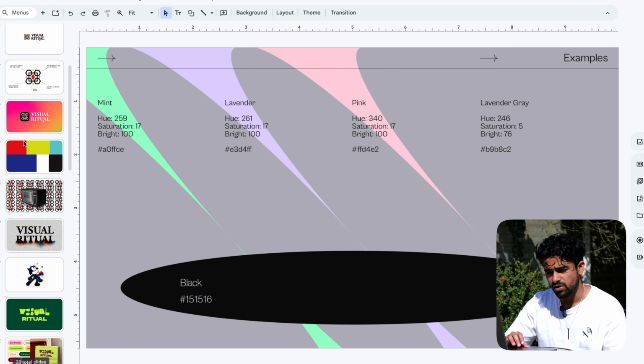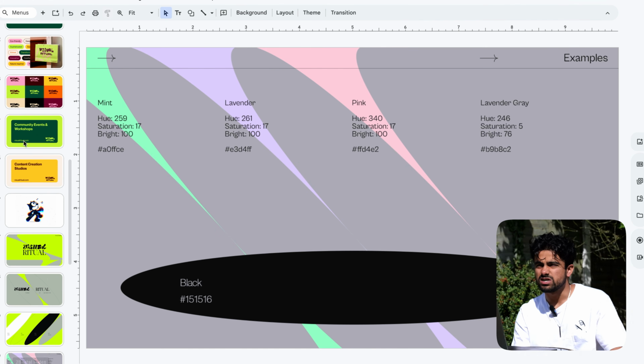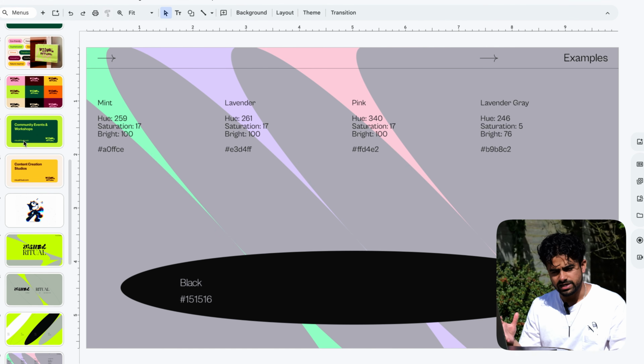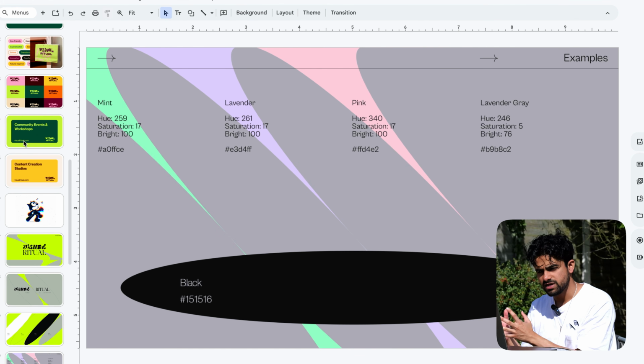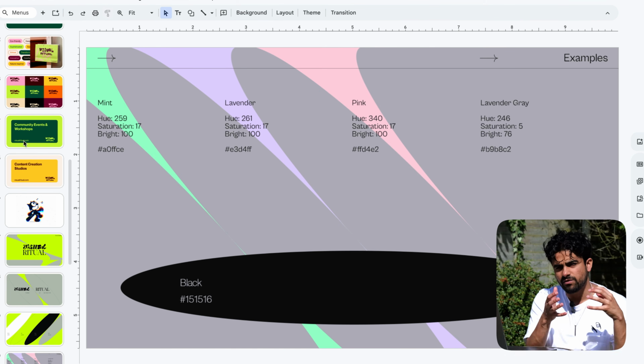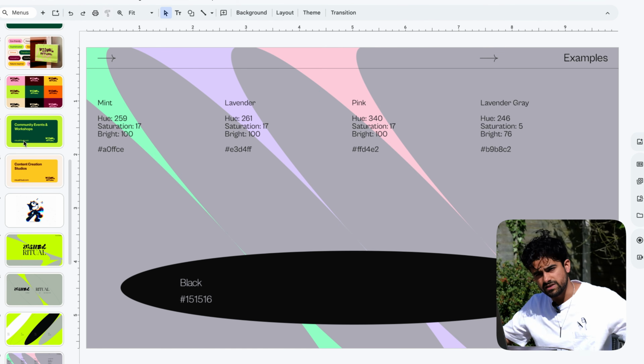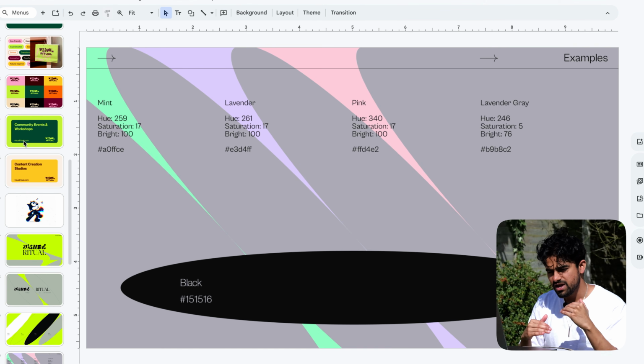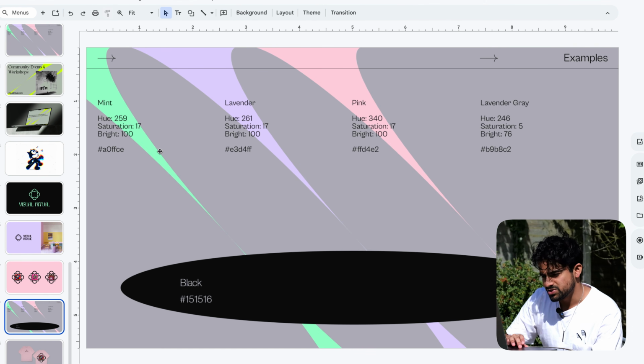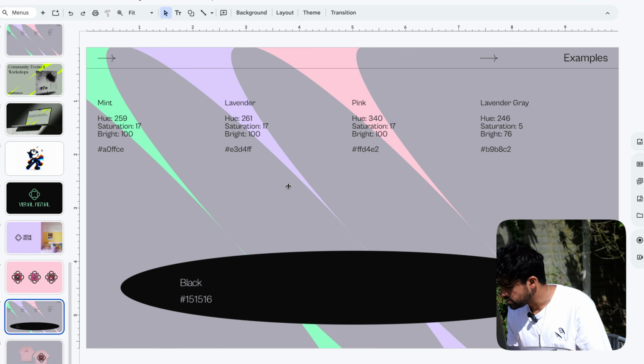Sometimes we get briefs which are not really direct, so we realize we need to work with the client to get the brief aligned first, and then we present some initial concepts, and from those initial concepts we play collage. We're like, okay, this color works, this type works, and then we push it all together, and then we take it to the next level. So this was Visual Ritual.